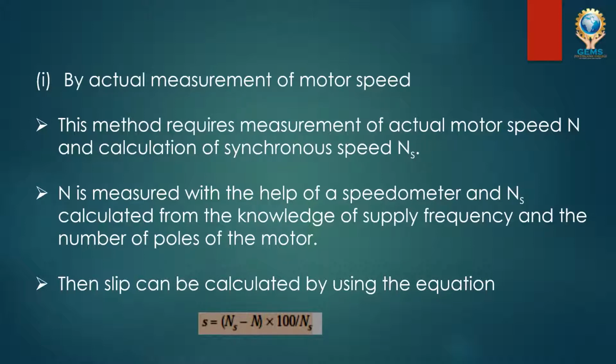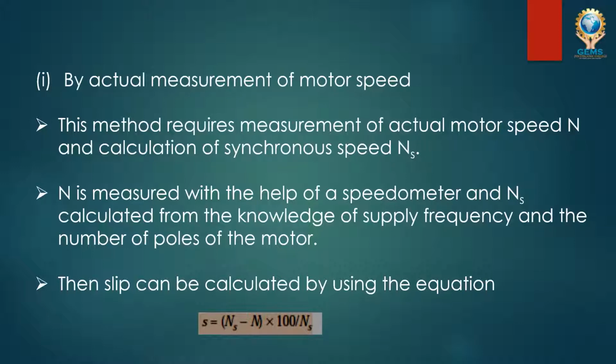This method requires measurement of actual motor speed N and calculation of synchronous speed Ns. N is measured with the help of a speedometer, tachometer, and Ns is calculated from the supply frequency. We know the Ns formula: Ns equal to 120f divided by P. From that formula we can find out the synchronous speed from the supply frequency. Okay, that stator speed we can find out, and then the N value, the rotor speed, will be measured